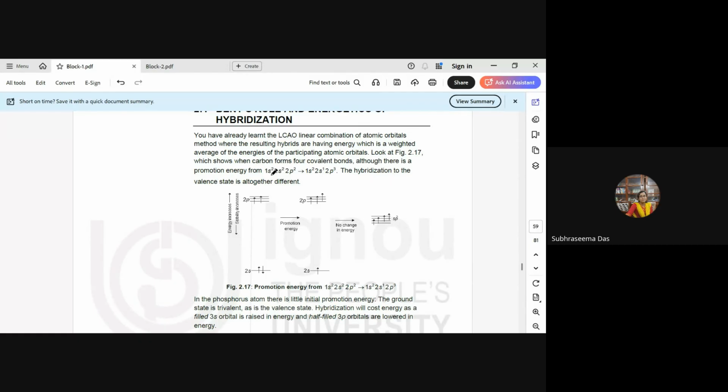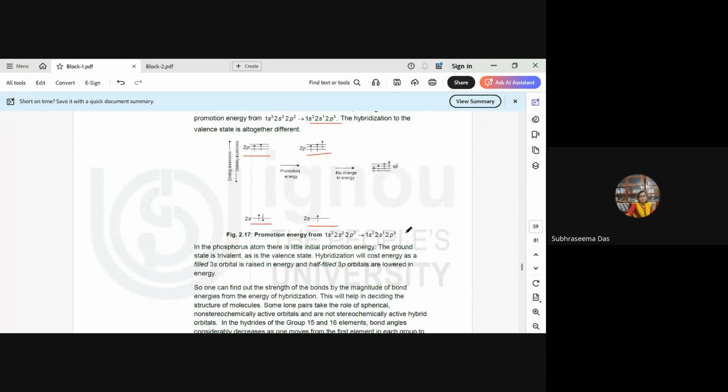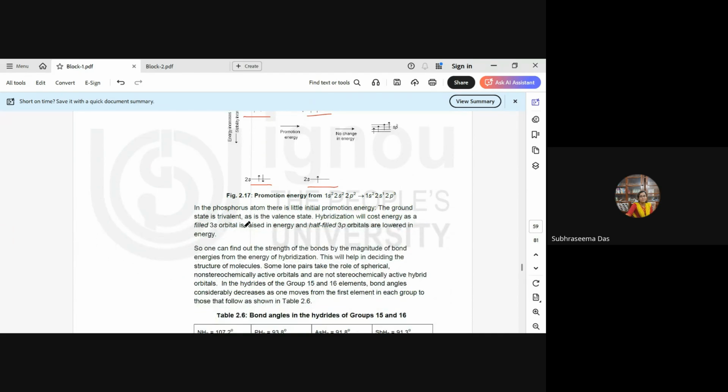energy from 1s² 2s² 2p² to 1s² 2s¹ 2p³. So this is the energy level of carbon; we know this is 2s² and 2p². Then, upon gaining energy, it forms 2s¹ and 2p³. In the phosphorus atom, there is a little initial promotion energy. The ground state is trivalent, so as is the valence state, the hybridization will cost energy